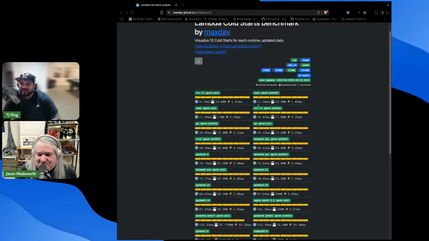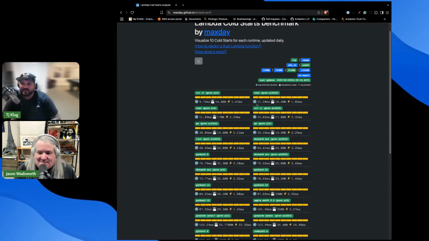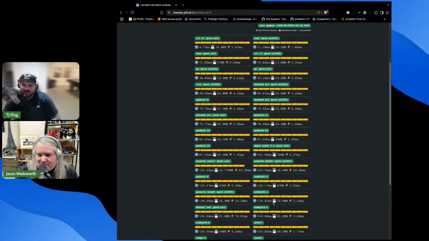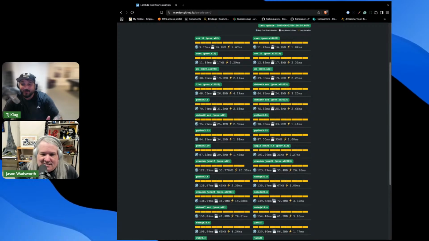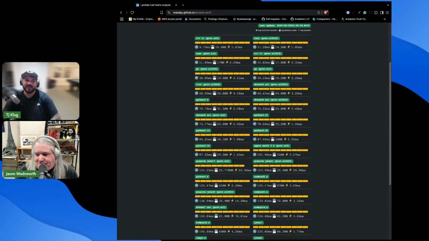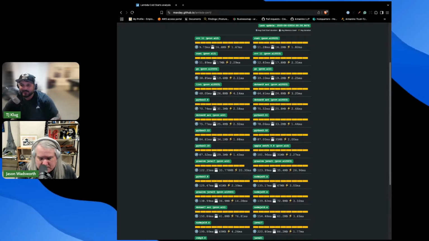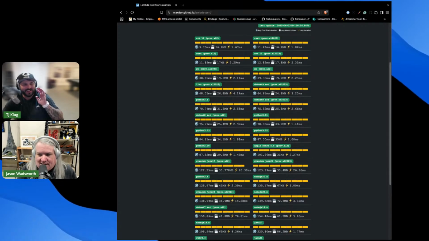And you can't take away from Rust. Obviously 11 milliseconds is fantastic, ridiculously fast. But even when you do get down into the nodes, I mean 139, is a human really going to notice that? In the worst case scenario, probably not. Most of the time no. And keep in mind that's the cold start. That's the worst case scenario.